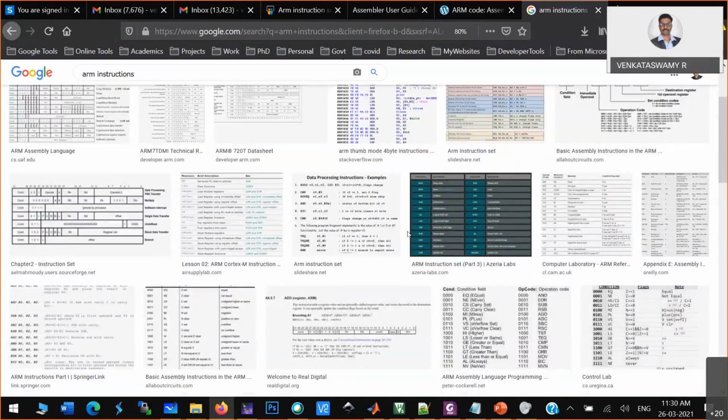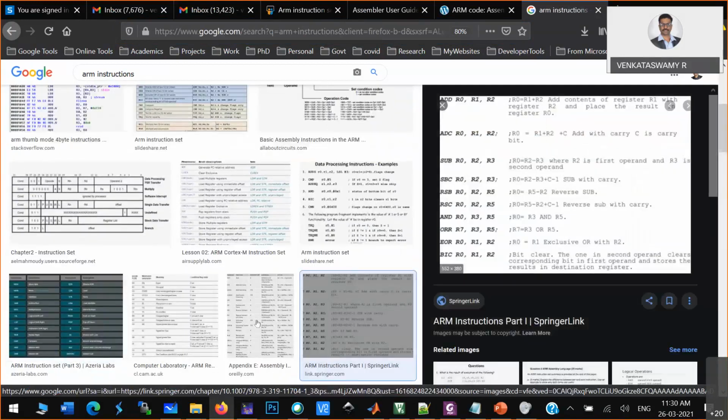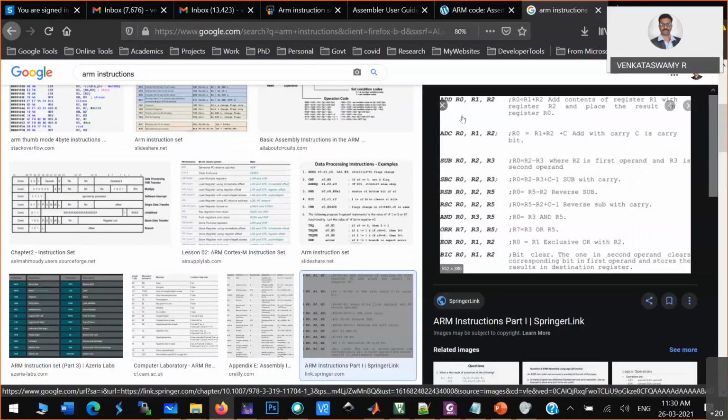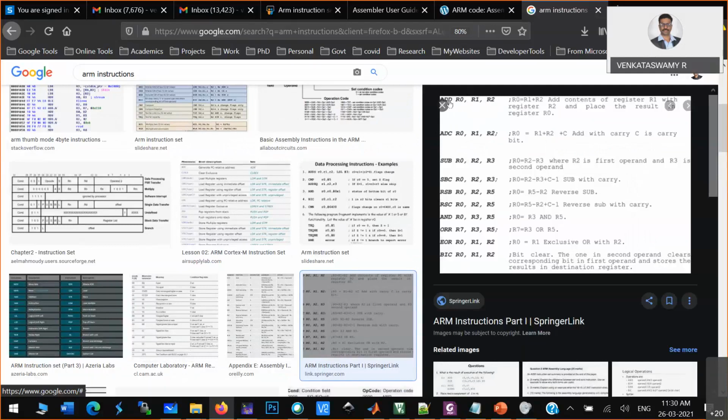Here I am opening some instruction. We just have to study. You can see there the ADD instruction. The syntax you can see there: the first register is the destination register, and the other 2 are the register contents you are passing, and that will be added and the result will be stored in the destination register.